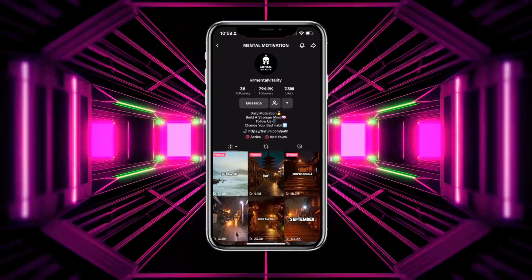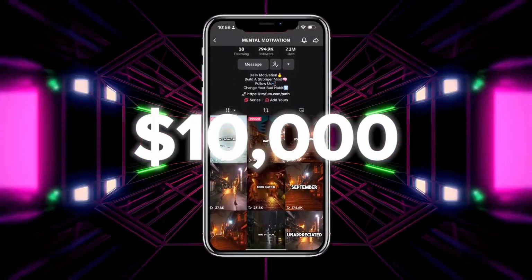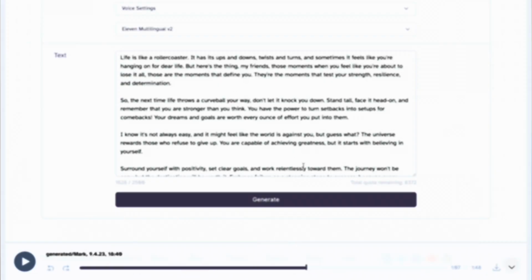Over the last 30 days, this TikTok page has made anywhere between $10,000 and $20,000, and they've done this without even showing their face. They managed to do this through utilising AI to make motivational posts for their TikTok page. Inside of this video, I'm going to show you how you can use AI to make the same kind of videos for totally free. We'll be using AI to help us generate the scripts, the voiceovers, and even the background